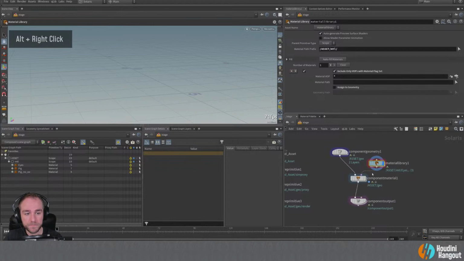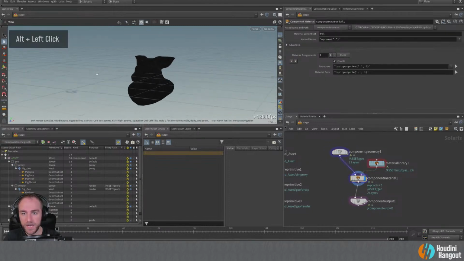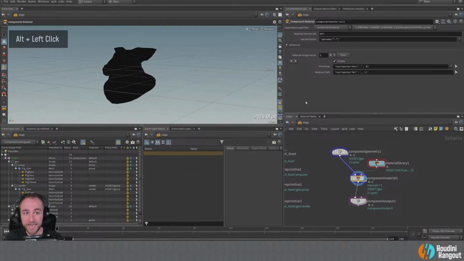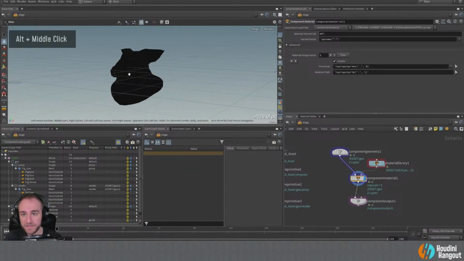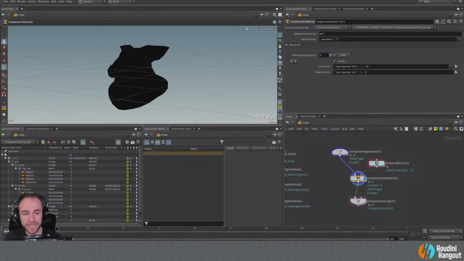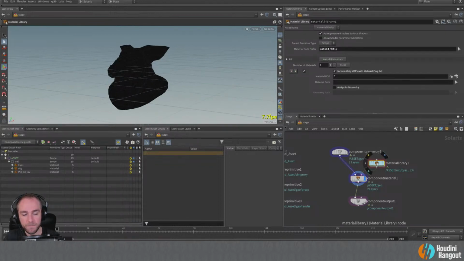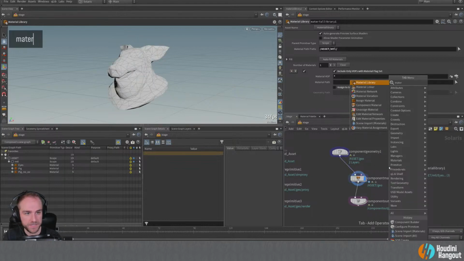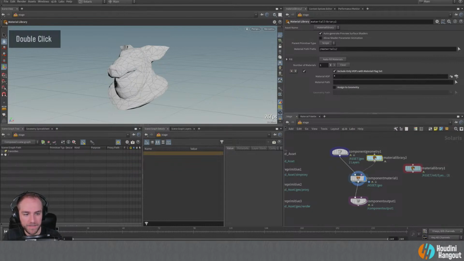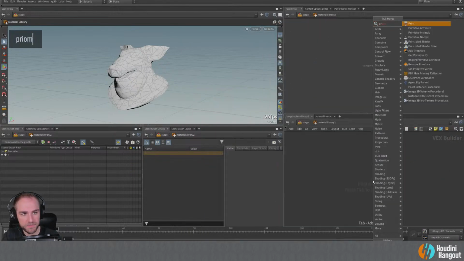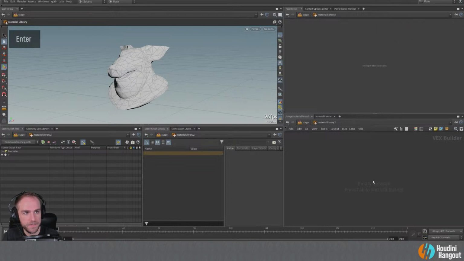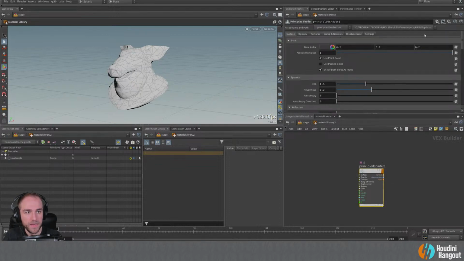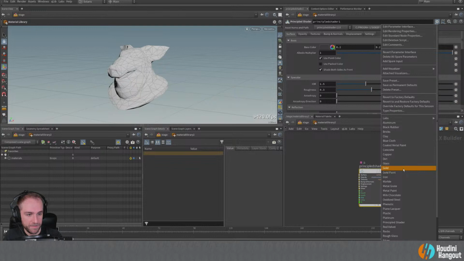So we have this component geometry, we have the material library, and then here in this component material is where they get combined and assigned. So you can see here's material assignments. Right now, and by default, what this would do is if you had, I'm just going to make another material library just so we don't have that for right now, but let's just do this. Material library, and let's just say we made a principled shader, just because that's kind of a basic one. And let's just say I made a gold one.